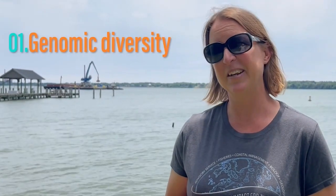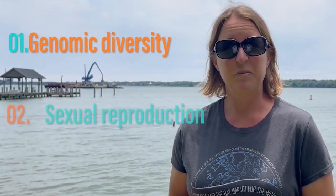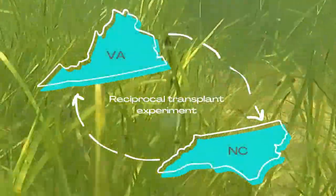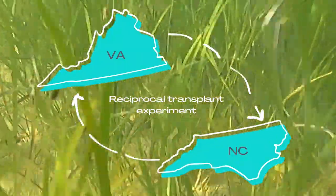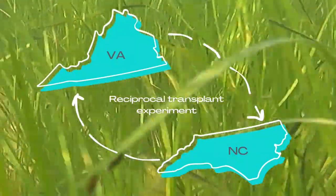We're really looking at two components of eelgrass resiliency to climate change. So we're looking at their genomic diversity, both neutral and adaptive, and we're also looking at sexual reproduction. And we're going to incorporate what we learn about that in year one into a reciprocal transplant experiment to see if the North Carolina plants are more heat tolerant and can survive the warm summers up here. We're also bringing Virginia seeds down there, and that'll give us an idea of, if the Virginia seeds do well down there, well, maybe it's not just water temperature, but there's some other environmental issues at